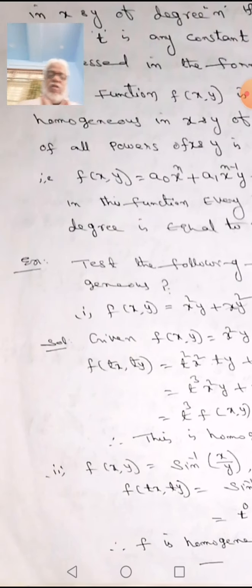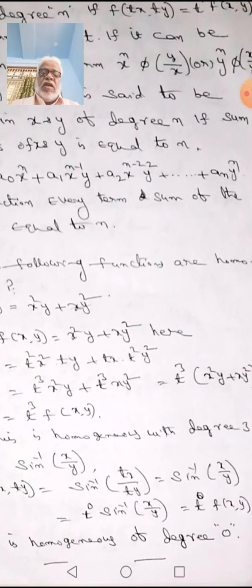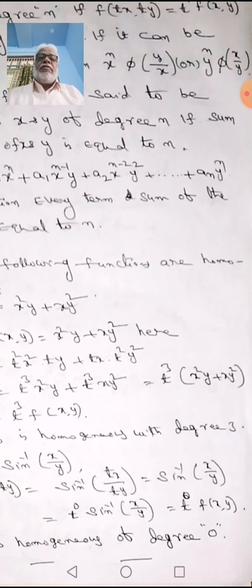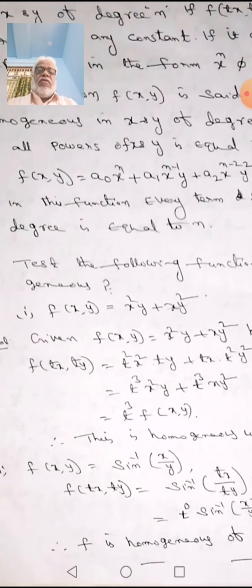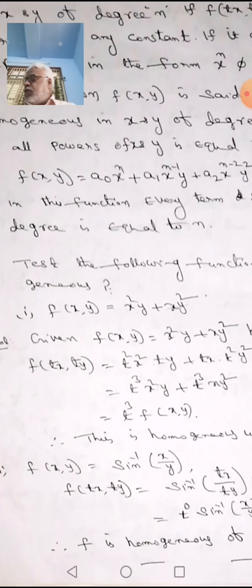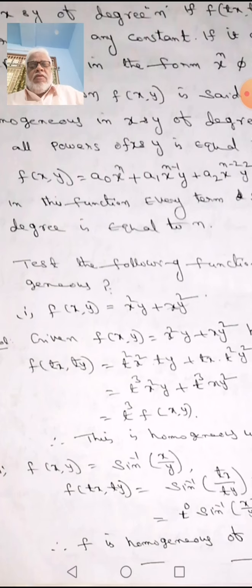Here, what is the degree of the homogeneous function? f is homogeneous of degree 0 only. So this is how to find whether the given equation is homogeneous or not. Whenever we see the equation, we directly say it is homogeneous if the powers are the same; otherwise, it is not homogeneous. For the proof, we say f of tx, ty is equal to t power n f of x, y. That is called a homogeneous equation. What is the value of n? That is the degree of the homogeneous equation.